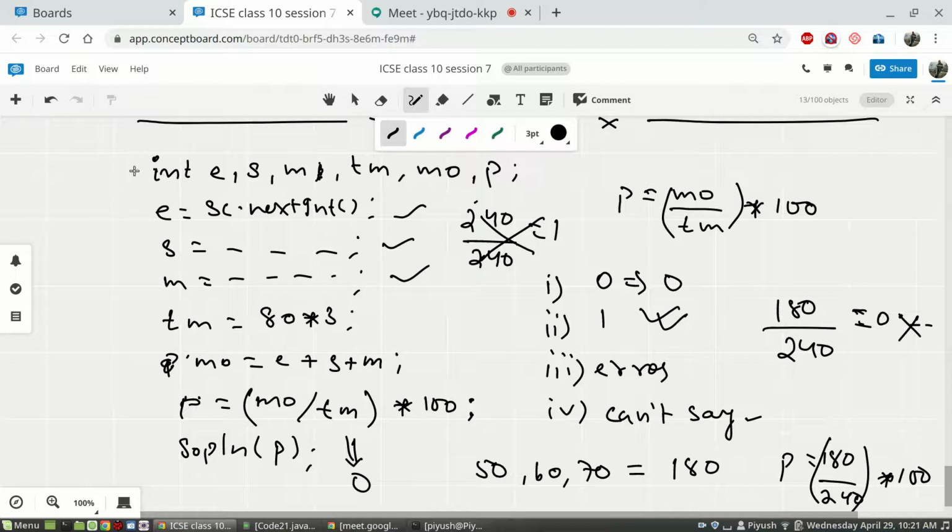Okay, so we saw here the explanation of why the answer to that percentage question of your exam was 0, because the highest data type involved in this expression is integer, and because marks obtained by total marks will always be 0 point something, with the highest data type being integer, 0 will be the final output of this term calculation, and 0 into 100 will be 0.